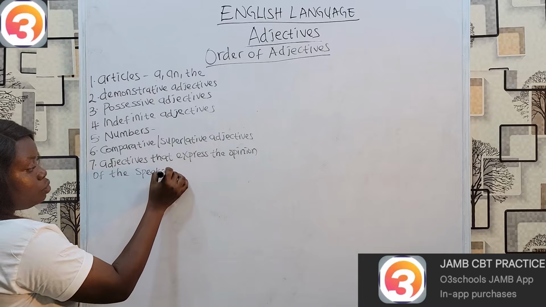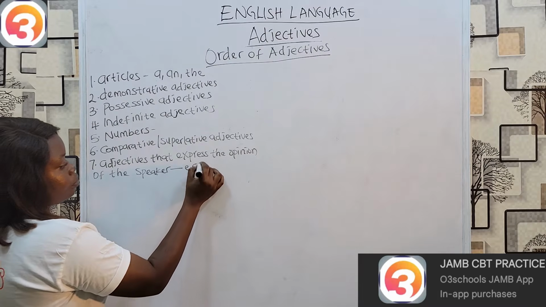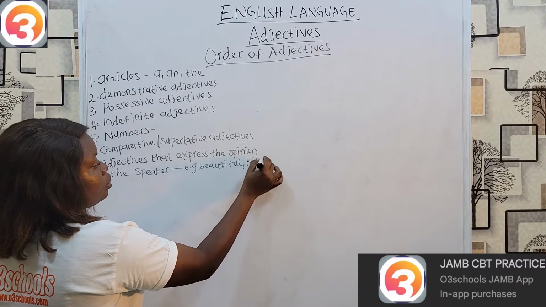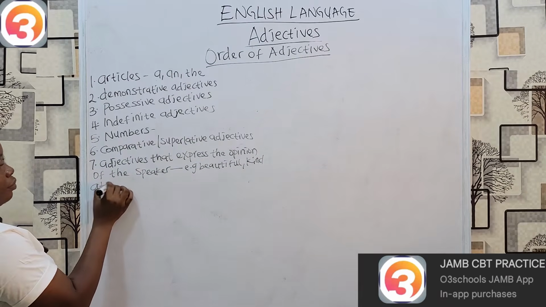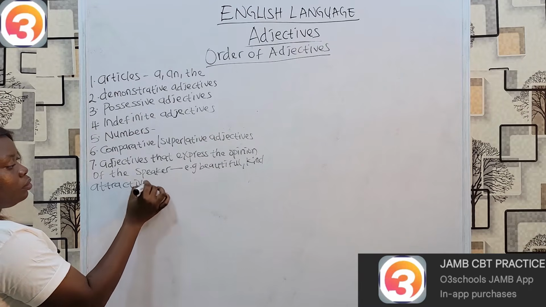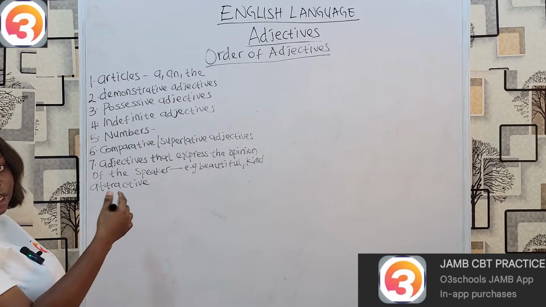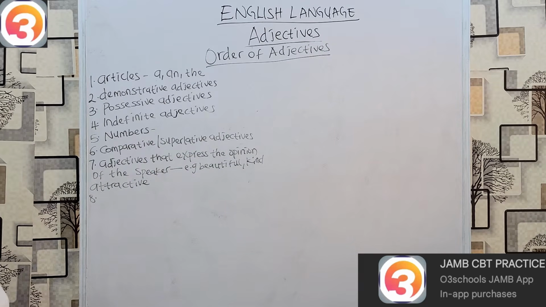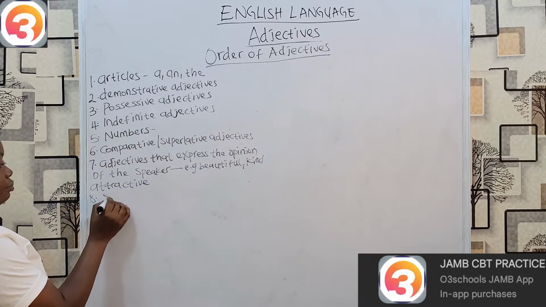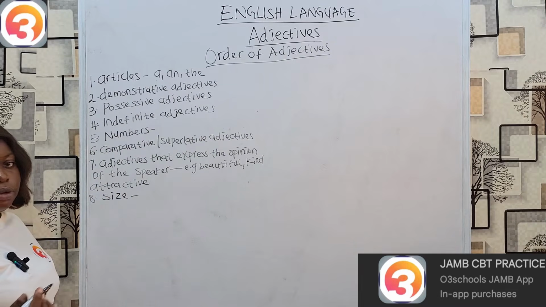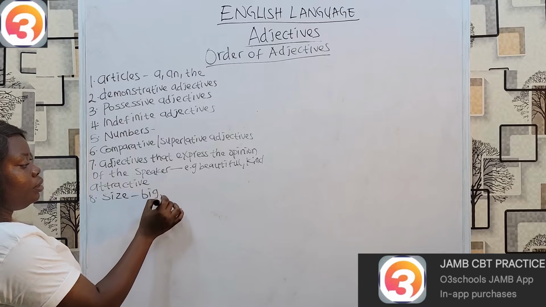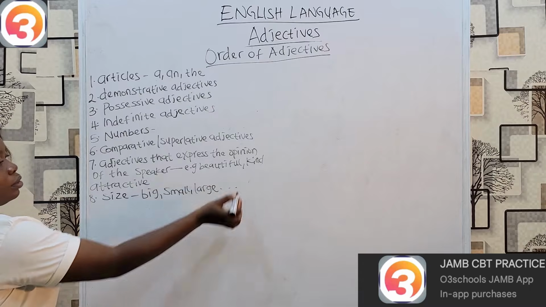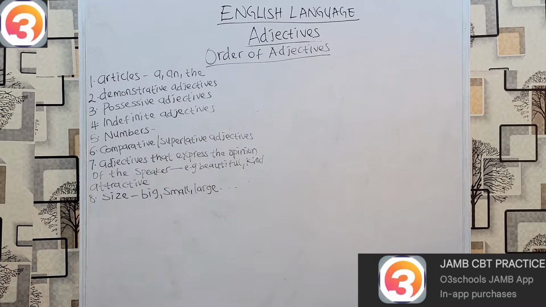Adjectives like beautiful, kind, attractive. Adjectives that basically express the speaker's opinion should come next. Then adjectives that denote size: big, small, large. These adjectives come next. Then we have